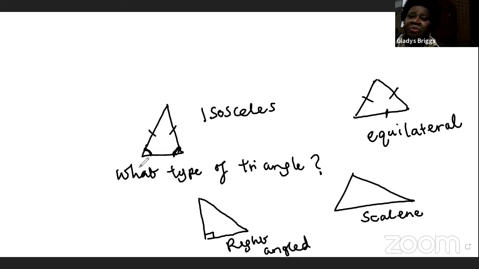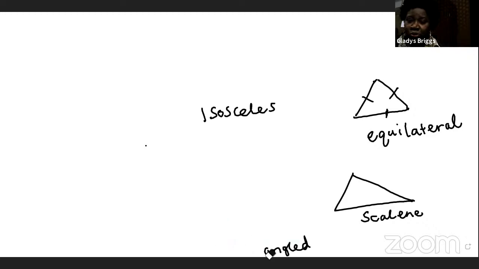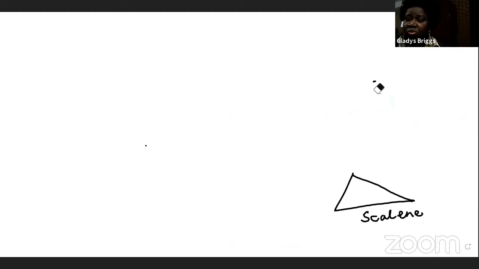Now, when it comes to the 3D shapes, there are two different types of 3D shapes that you need to know, okay? Two categories of 3D shapes that you need to know, okay? You need to know the prisms, and the pyramids,